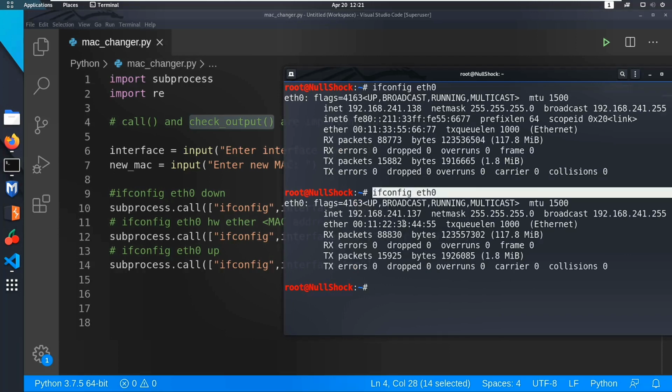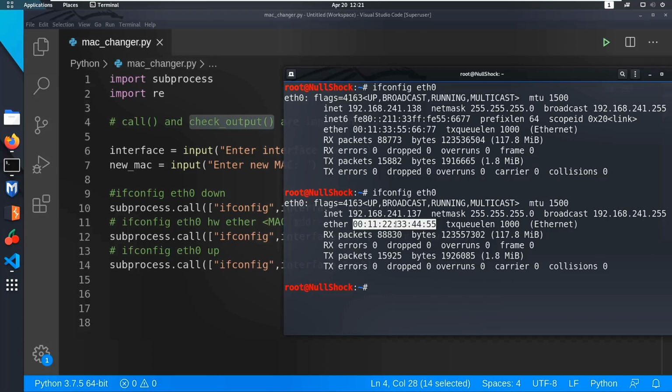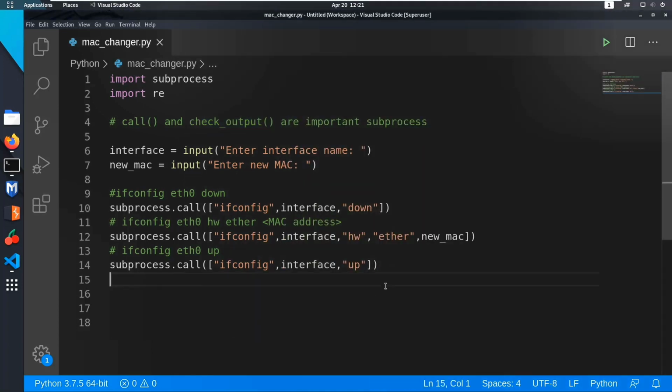We need to check the output of this, and we need to check whether this MAC address is the MAC address that we have given. Then we can print that the MAC address changed successfully, or we can do anything like that. So let's check the output of ifconfig eth0. Let me document it.